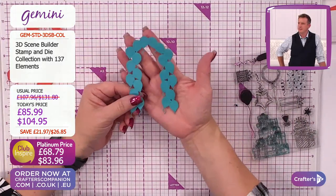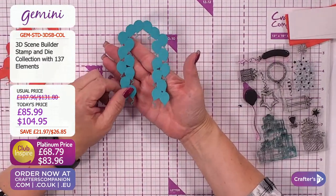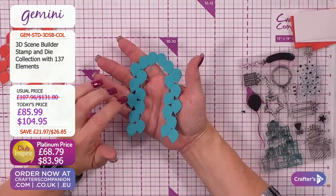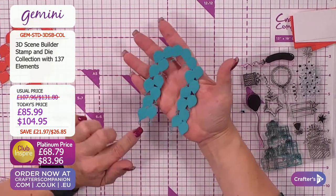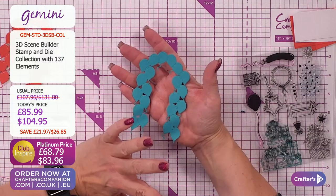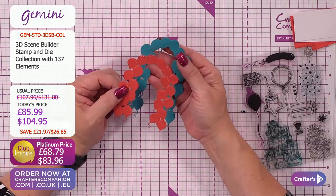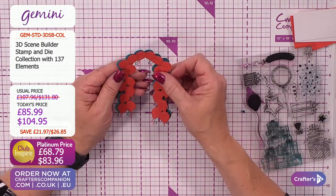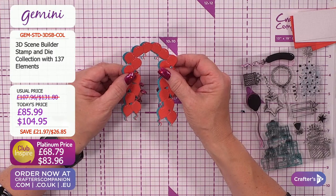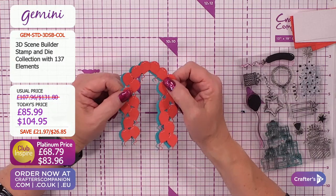Now, that's it cut out in that beautiful paper. It looks stunning, doesn't it? Absolutely beautiful. This is when you could be cutting it out in white. The one I did from a demonstration yesterday, I cut out in white and then coloured my balloons in different colours. Endless possibilities, lots of different ways you can use it. I've actually done it in a piece of red as well because I'm going to add a little bit of a drop shadow. With my colour scheme going off in the red and this gorgeous turquoisey greeny colour, I wanted to create this beautiful